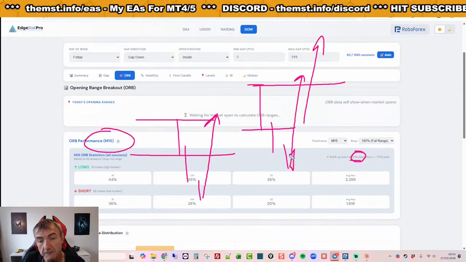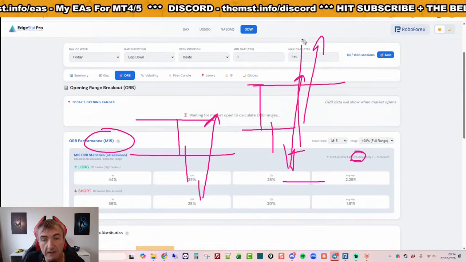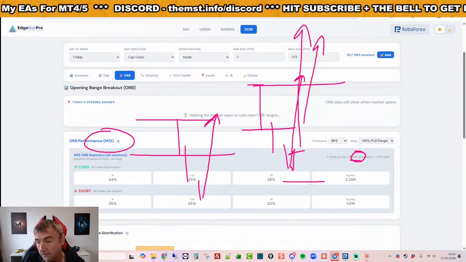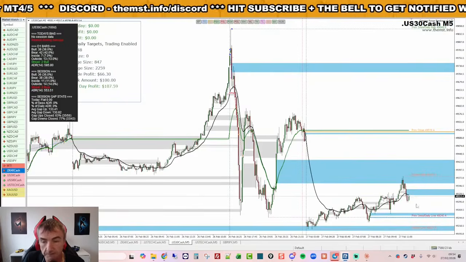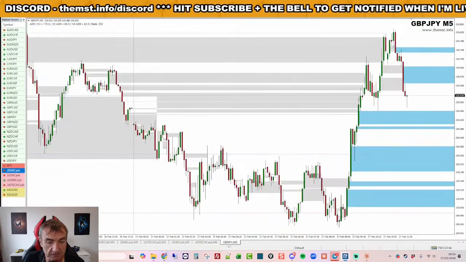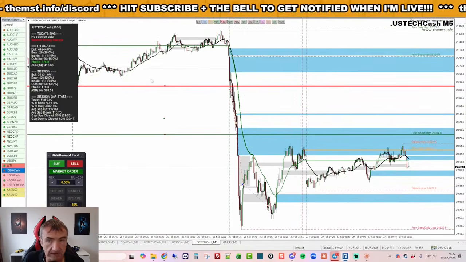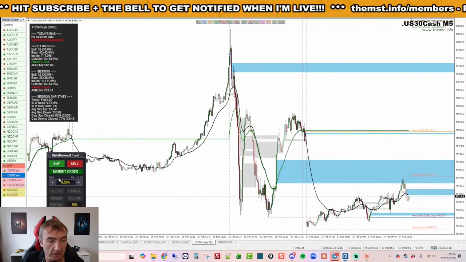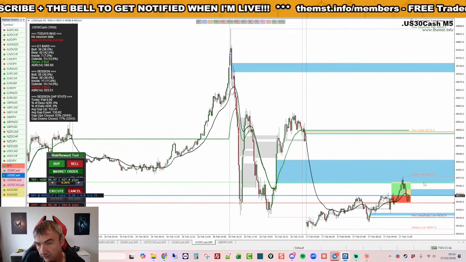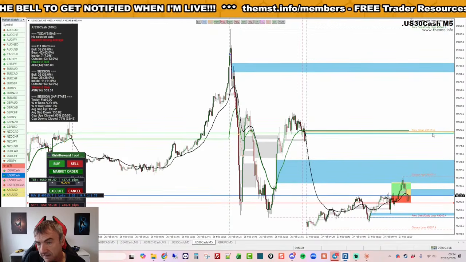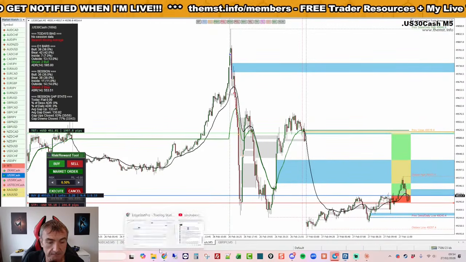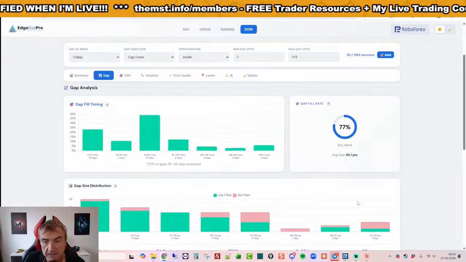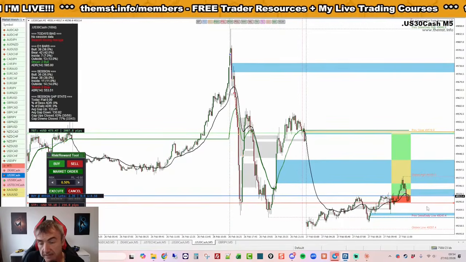If you can find a mean reversion entry there with a stop like that, you'll have a risk reward of something huge. Let's just stick it on the Dow for a minute. And you can look at the maths basically as to what you could potentially make, right? So there's our previous close, which has 77% probability of being hit.